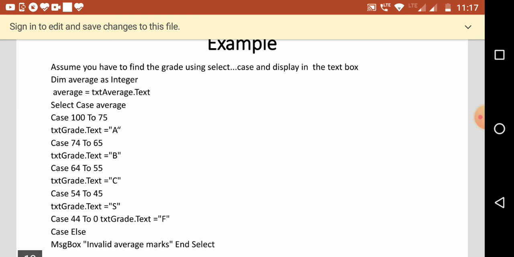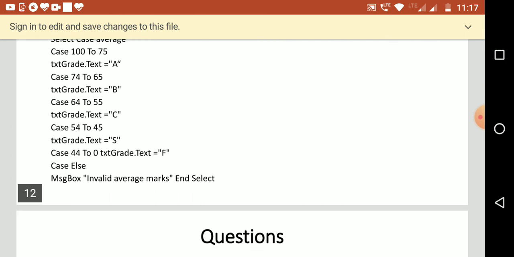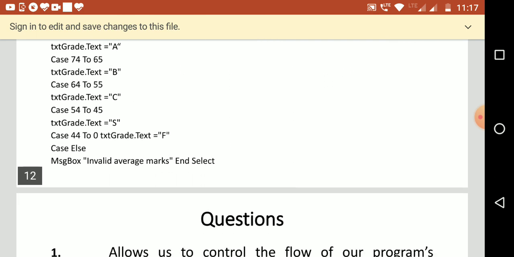We need to check the value of the average, so we write select case average. Then, instead of the if statement, you write case 100 to 75, then give the grade A. The second case, 74 to 65, if it is in that range, give the grade B. So instead of multiple if else statements, it is easier to use select case. We use select case when you have multiple selections.